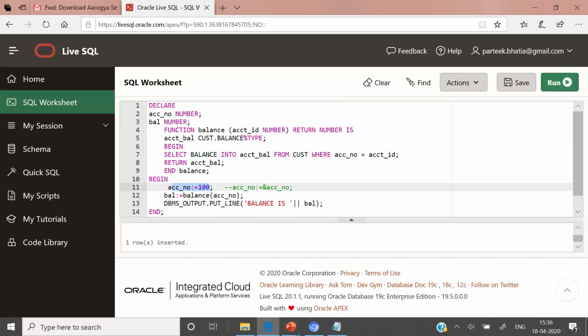Now let us execute this PL/SQL code to return the balance for account number 100. Here we are calling a user-defined local function with the name balance, passing the account number as a parameter. For the passed account number, the balance is retrieved by the SELECT INTO statement. The balance is returned by the RETURN statement,